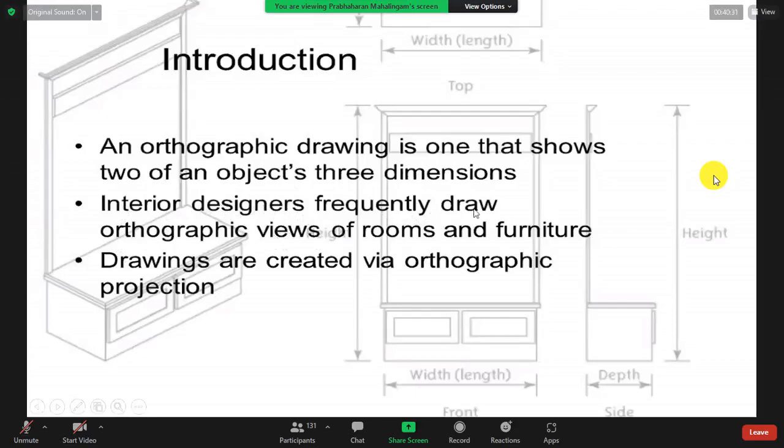Interior designers frequently draw... yes, you see, designers. Interior means the internal part, so an internal diagram. Suppose you want to build a house, right? From the front, you will only see the door and the wall and the roof. Not inside, you cannot see inside from the front view.